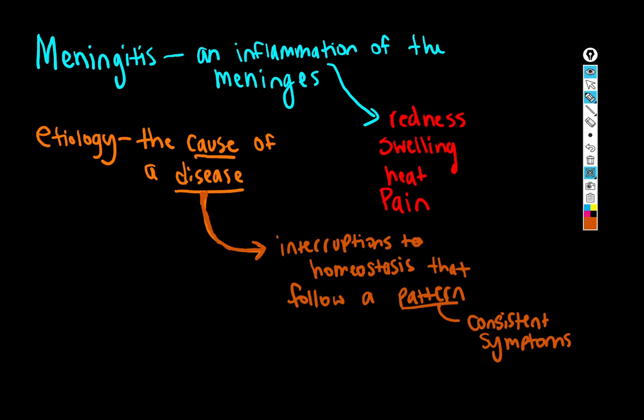So, if etiology is the cause of a disease, and the disease is interruptions to homeostasis that follow a pattern, then if we revisit the definition of meningitis, we still don't have any information based on this about what's causing the meningitis. So this is just the name for inflammation of the meninges, which would present with consistent symptoms. So the etiology of meningitis has a few possibilities. So we have two types overall: